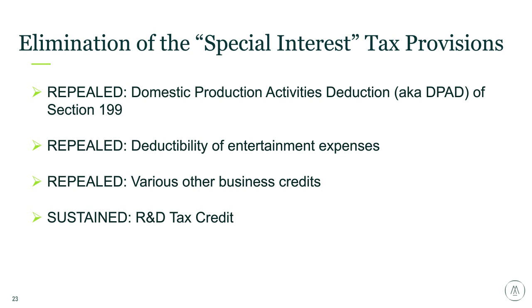So one of the key selling points of tax reform was that they were going to simplify the tax code by eliminating various rules and incentives, and then also lowering the tax rates to compensate. And one of the key incentives that was lost that relates to aerospace companies is the domestic production activities deduction, also called DPAD or the 199 deduction. And this is an incentive that gave businesses an extra deduction for producing goods in the U.S. and it was very popular for aerospace and defense companies, just due to the large volume of very high dollar goods that are being produced in the U.S.